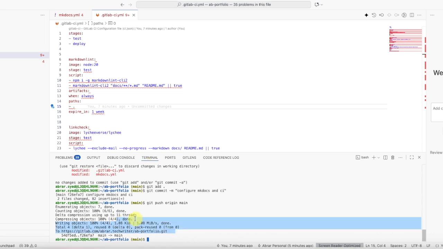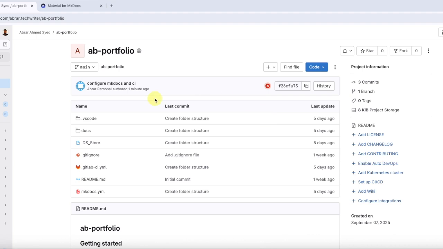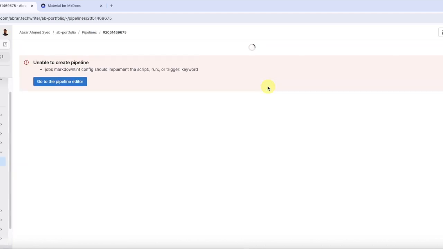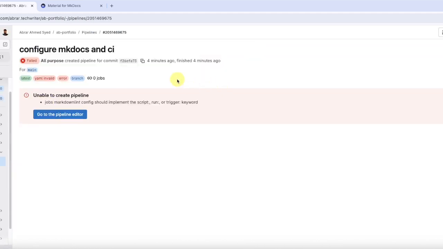And now we look at the pipeline, which I am sure has failed for a specific reason. Here you go. Your pipeline is identified by this. If it is successful, it shows green rounded icons. Now it has failed. That's why it shows a red X. And the reason for failing, I'm sure, is indentation. So you click on that to see what's wrong with your code. Go to pipeline editor,